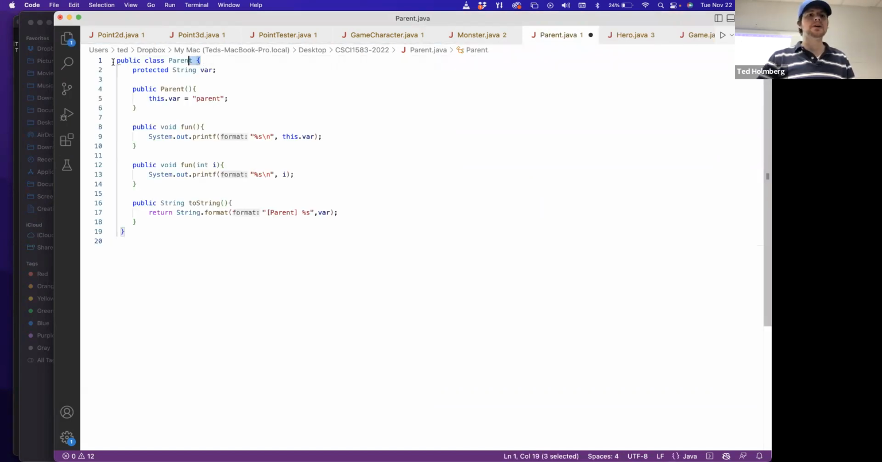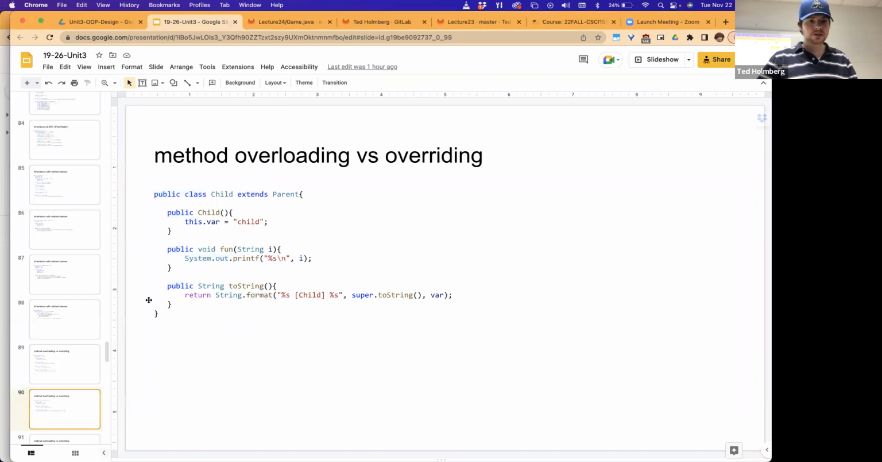Okay, so here I'm going to create a class Parent. It will have this protected instance variable called var. I will set var to Parent here. I will create a method called fun. I will create a method called fun that is overloaded to take an integer, and then I'll create a toString method. And then in Child,